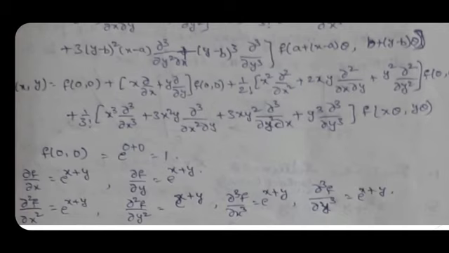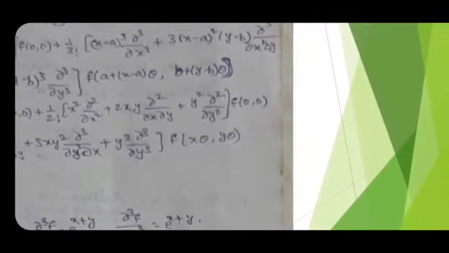Now if we substitute a comma b as 0 comma 0, then we get f of x comma y is equal to f of 0 comma 0 plus x into dou by dou x plus y into dou by dou y of f of 0 comma 0 plus 1 by 2 factorial into x square dou square by dou x square plus 2xy into dou square by dou x dou y plus y square into dou square by dou y square of f of 0 comma 0 plus 1 by 3 factorial into x cube dou cube by dou x cube plus 3x square y into dou cube by dou x square dou y plus